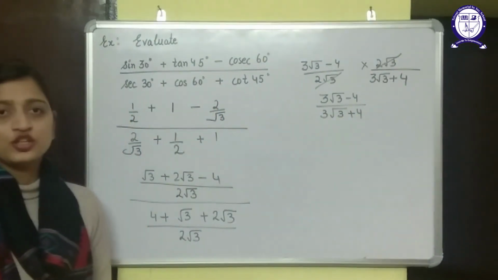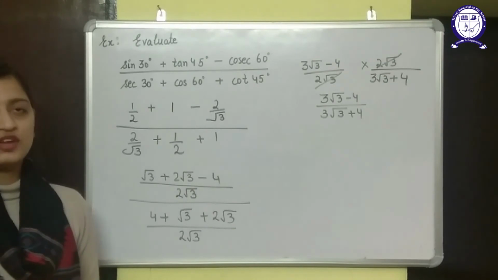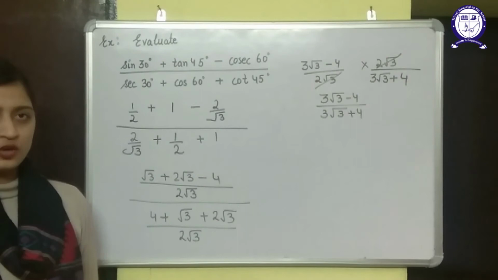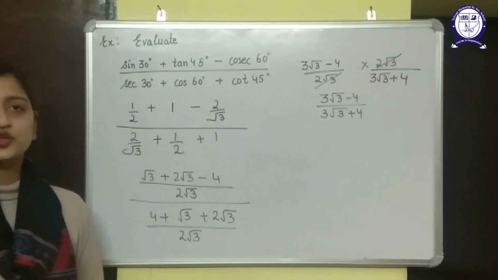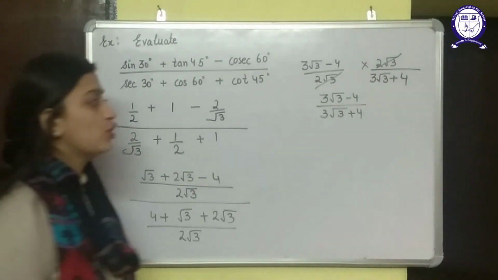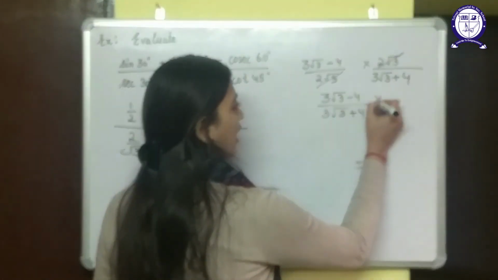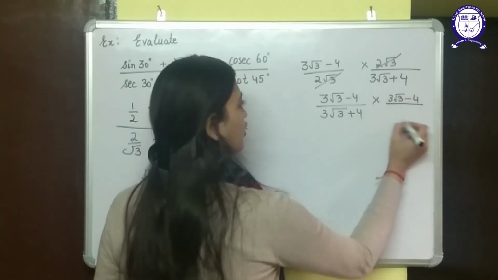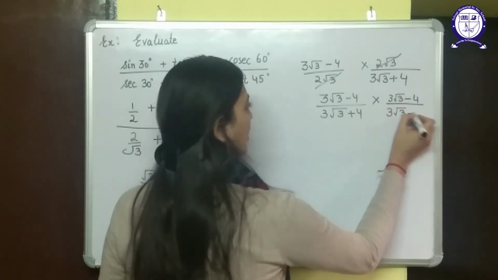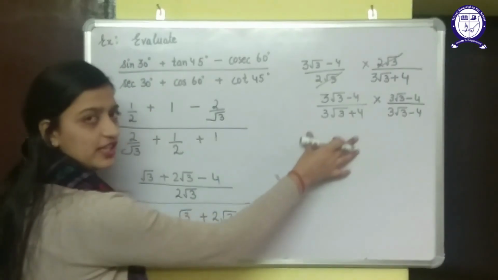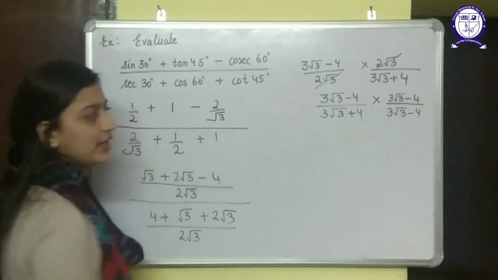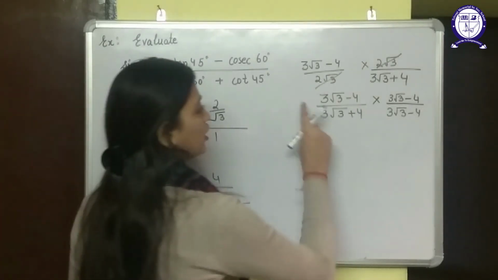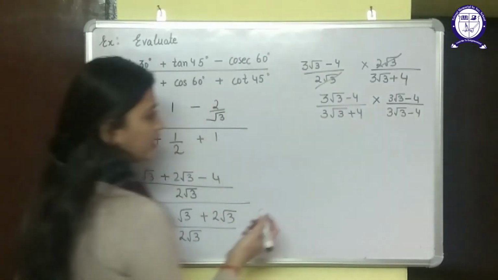But we cannot keep the under root value in the denominator. We always try to remove this root 3 from the denominator, and to do that we need to rationalize it. So to rationalize, we will multiply it by 3 root 3 minus 4 and 3 root 3 minus 4. That is rationalizing the denominator by multiplying and dividing by the sign changed. Okay, so now multiplying the numerator and the denominator, I will get